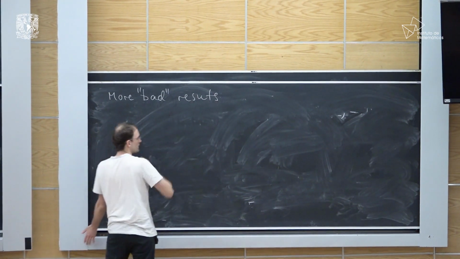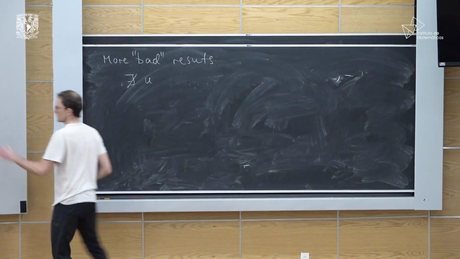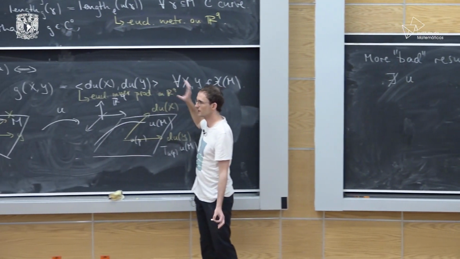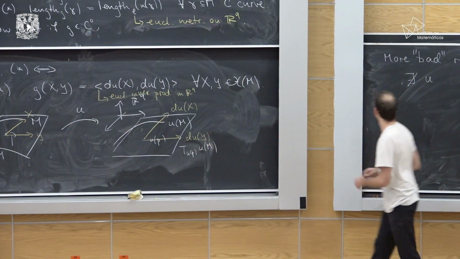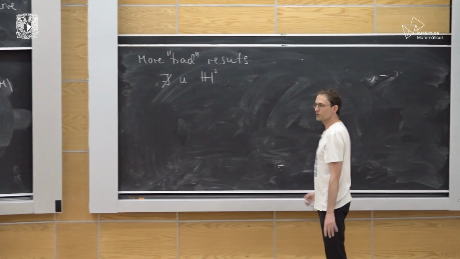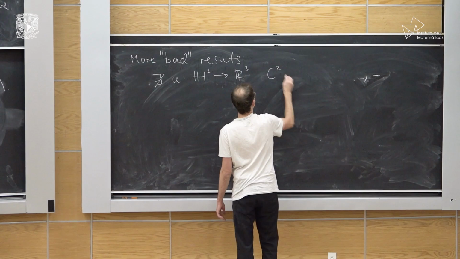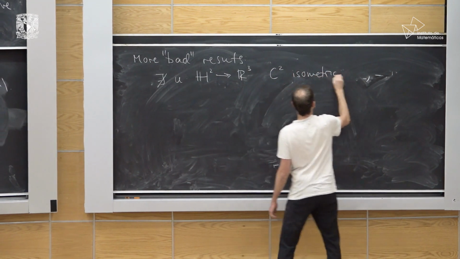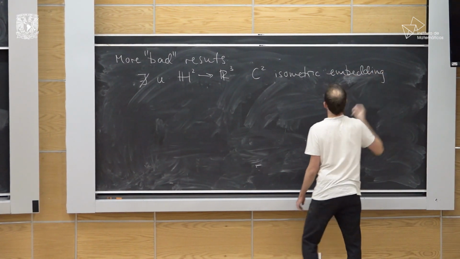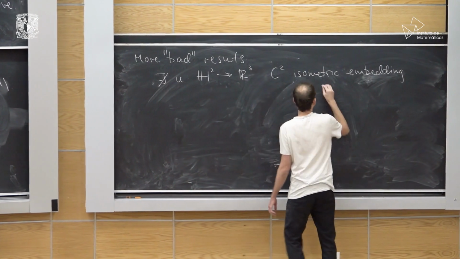So what Hilbert proved in 1906 is that there exists no solution. So going from the local problem, which was considered by Schläfli, to, okay, we want to find a global isometric embedding. We want to find a global solution, like embedding the whole manifold. For H2, you cannot find an isometric embedding into R3 of class C2. So the hyperbolic plane, you cannot embed in a C2 way into R3. This was proven by Hilbert